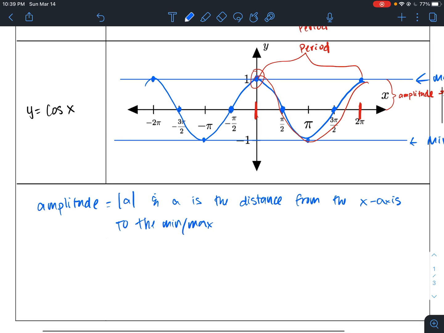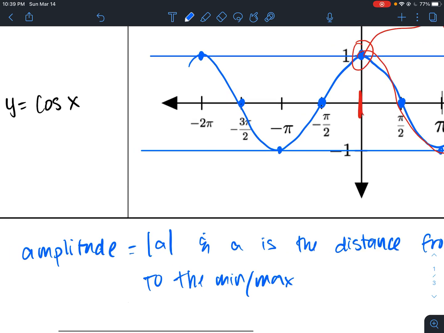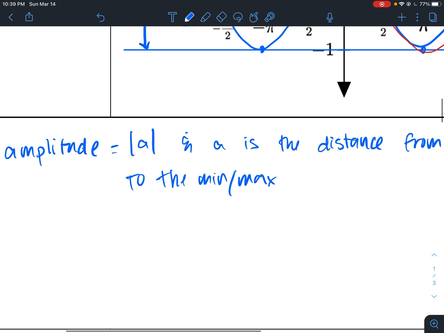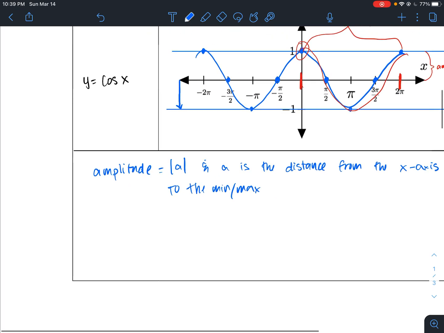But again, it's the absolute value. So right here, if I were measuring from the x-axis to the minimum, that's obviously -1, right? So we would say absolute value of -1, which is equal to 1. So amplitude we always state as a positive number. So that's the amplitude. And then the period